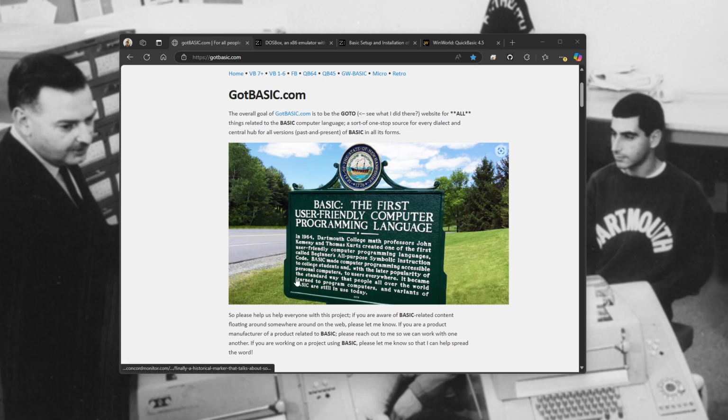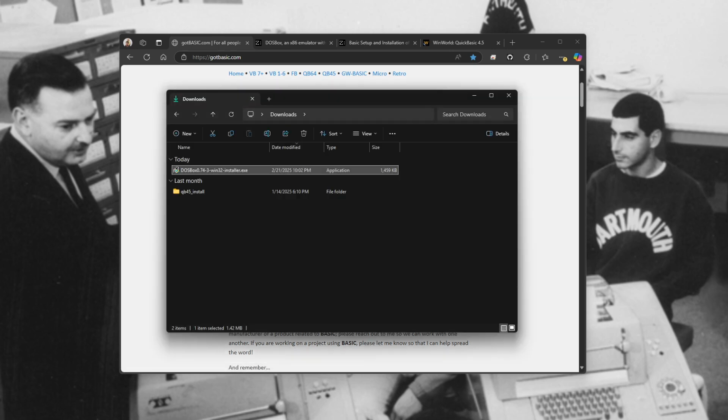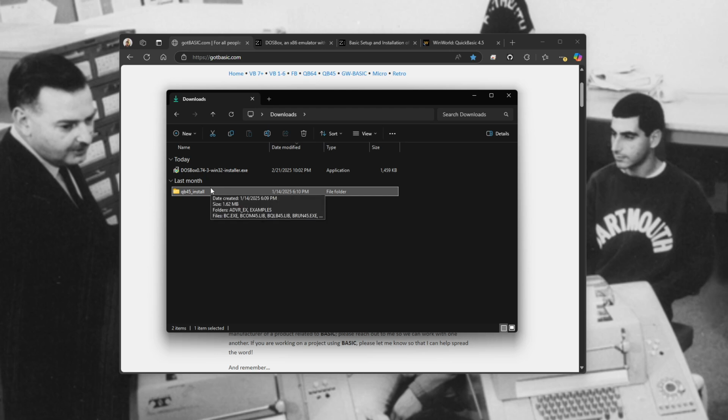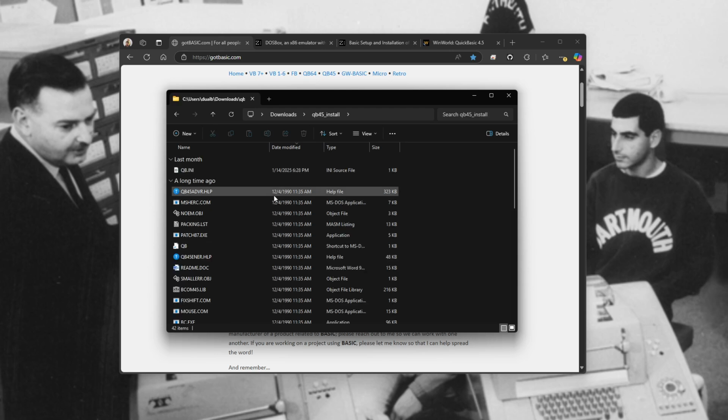So first things first, I'm actually going to open up my downloads folder so you can see what I have in here. And then we're going to go back to the browser, show you where to get these items, and continue the process. So the first thing we're going to need is the installer for DOSBox. And we're also going to need the installation media for Microsoft QuickBASIC 4.5. We're going to put all of the files from all of the diskettes into a single folder, as you see